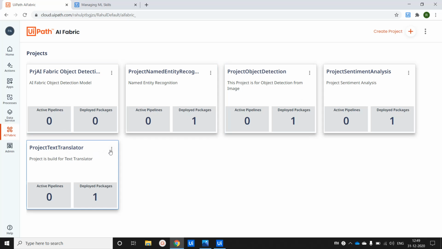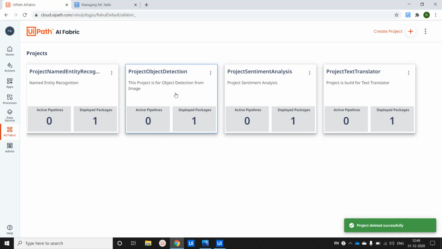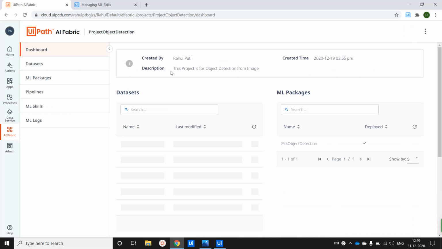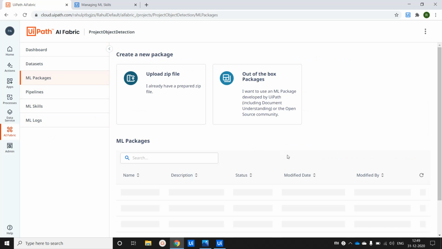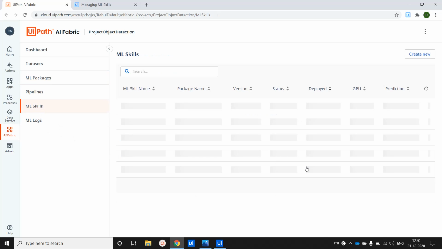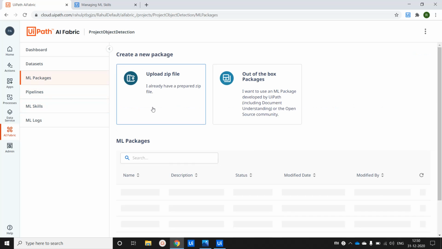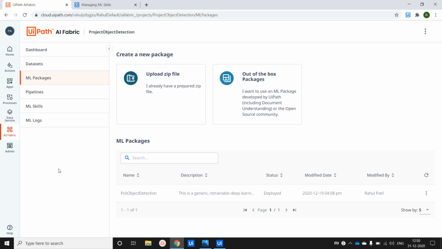So I will just simply delete this one because I have already created this project, object detection, so we will simply use that one. And here you can see the ML package status is deployed and the ML skill is available. Once the ML skill status is available and the ML package is deployed, then you can say it is ready for use. So these are the overall steps to deploy the ML package and create an ML skill in